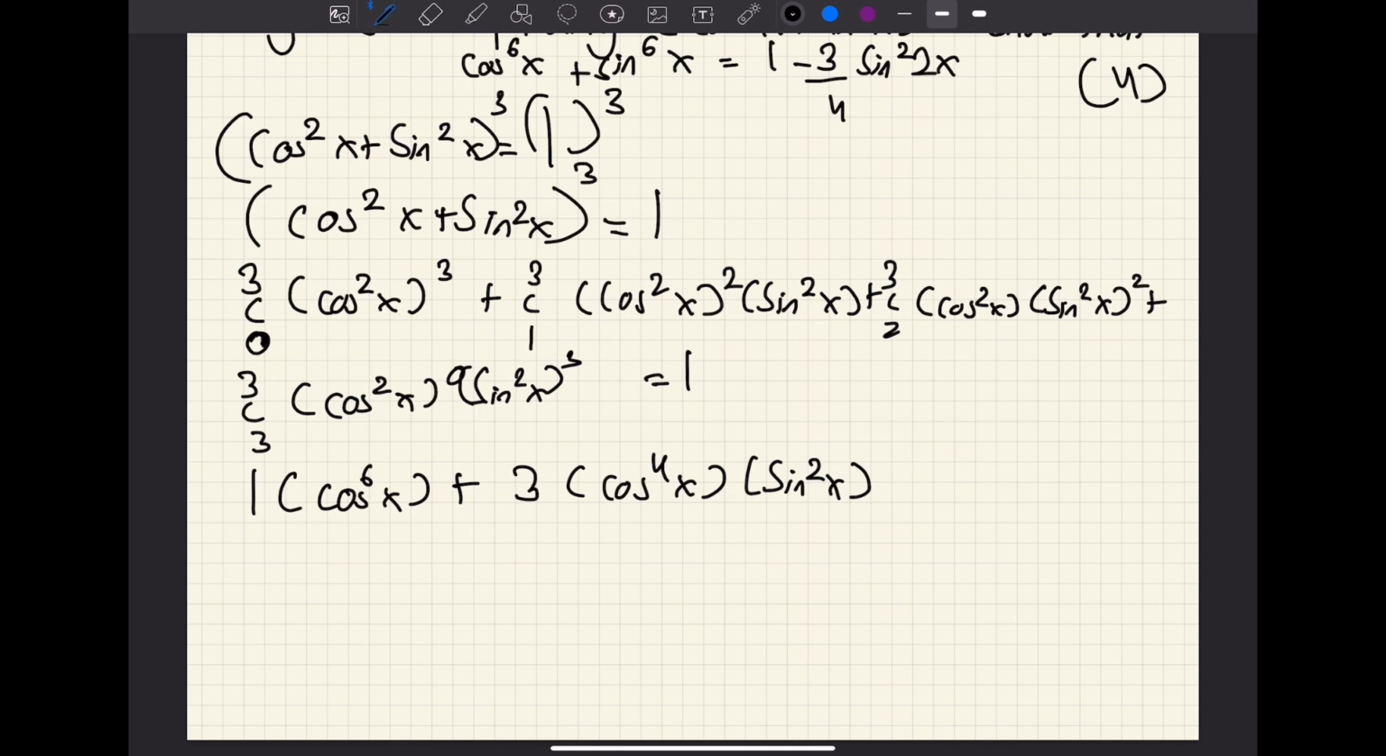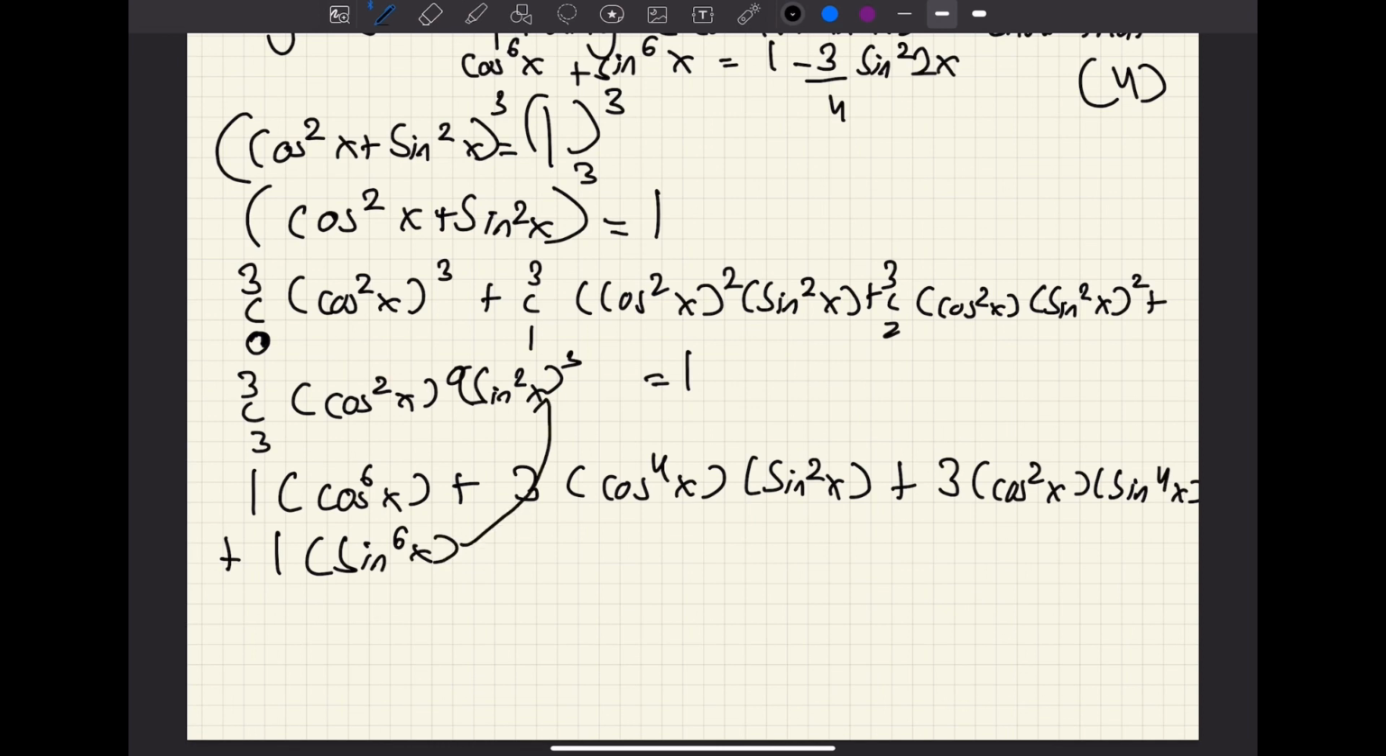Plus sine 4x plus... okay, 3C0 is also equal to 3C3, which is equal to 1. So I'll write it just in case. Cos square x is equal to 1 as well, so there's no need to write cos square x. Sorry, you can just straight away write sine